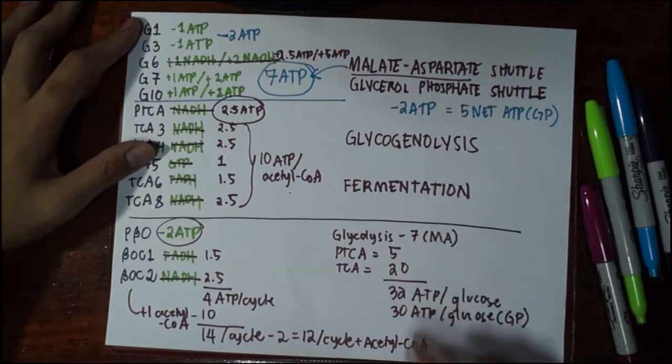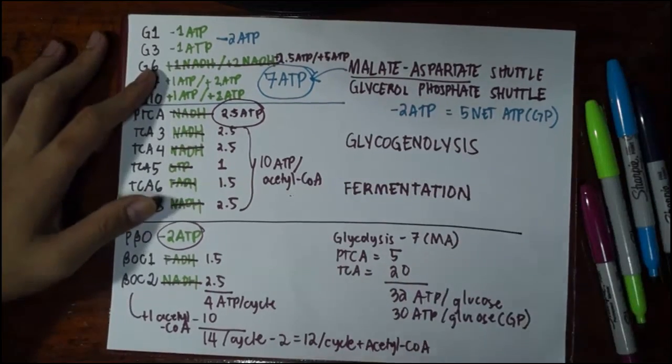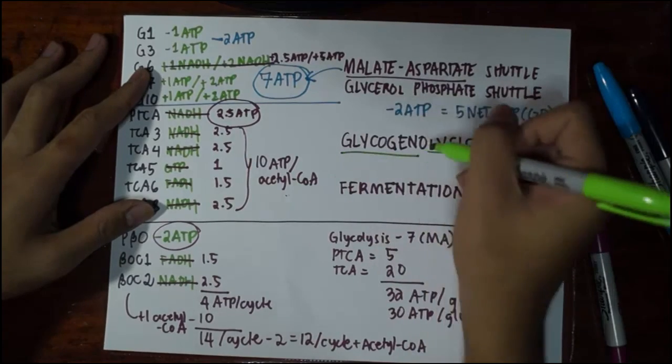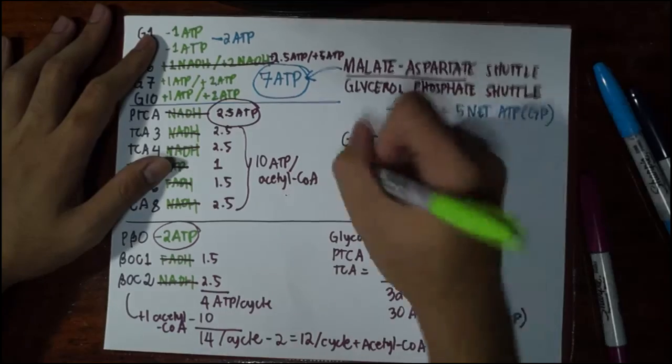Now there are 2 other factors, glycogenolysis and fermentation. In glycogenolysis, as the name implies, there is lysis or breakdown of the glycogen. And glycogen